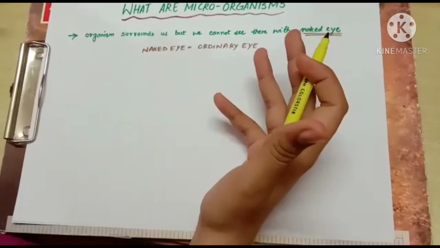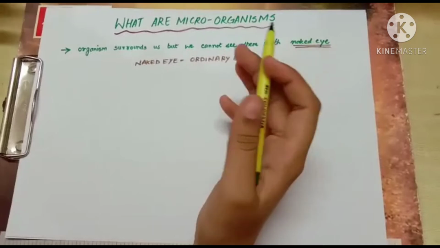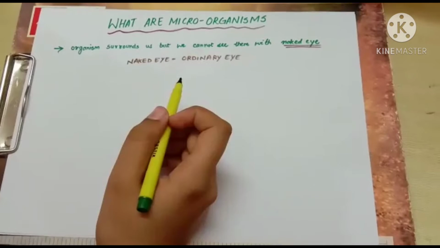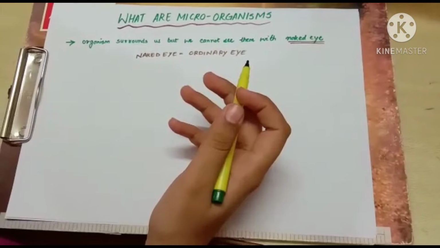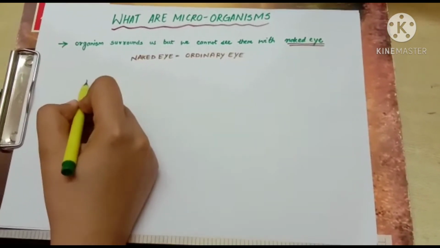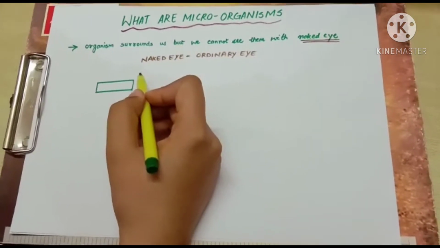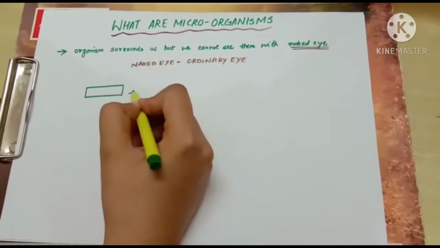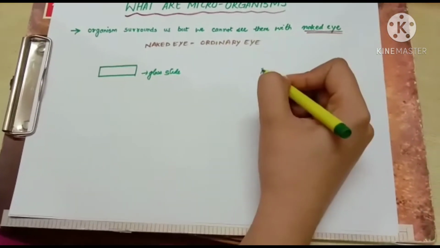I will tell you some simple experiments. You can take a handful of moist soil from your garden, your playground, or anywhere you want, and place it over a glass slide. What is a glass slide? A glass slide is basically a rectangular slide made of glass, on which we put our things under observation, and then this glass slide is placed over a microscope,